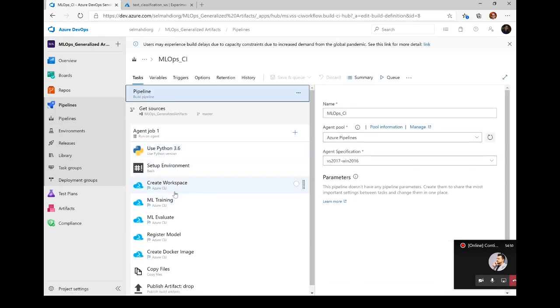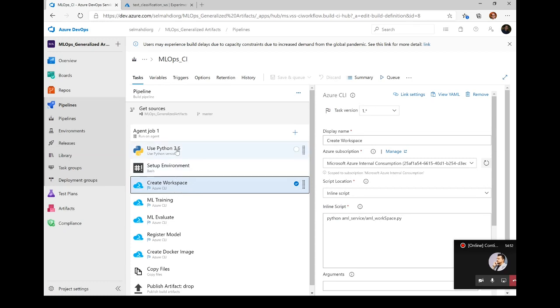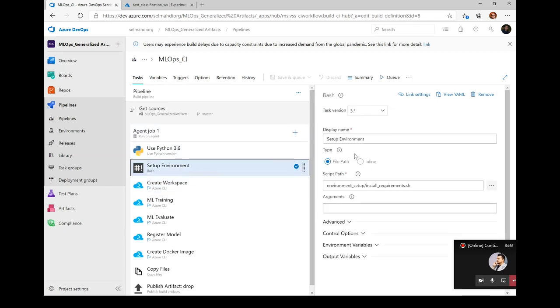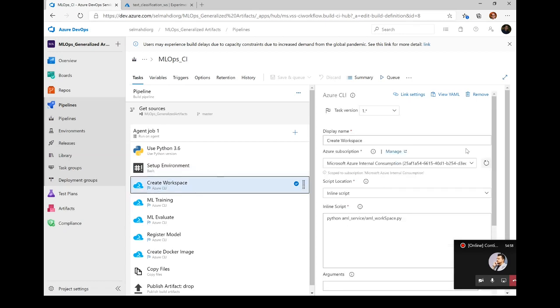So from this part, since I have Python installed on the agent, I have the right environment set up on the agent, and I have the workspace created, the next step is simply to train. And as we mentioned in the knowledge refresher part on the Azure Machine Learning Service, you have a lot of compute targets that you can use to train. So here I'm relying on the local training, but you can, for example, attach a VM, a virtual machine, and